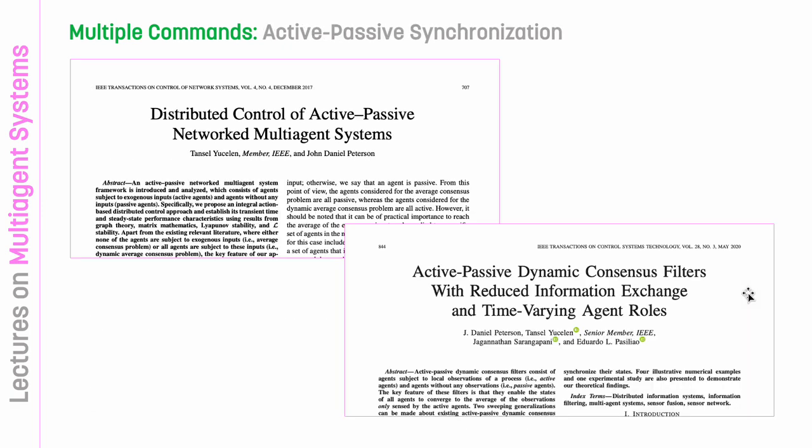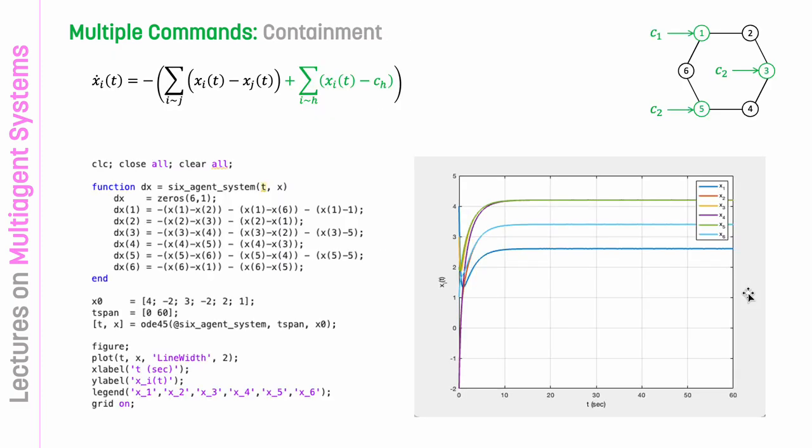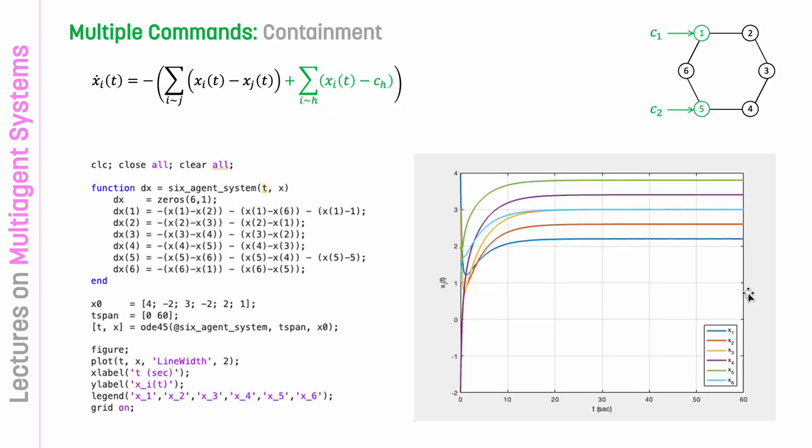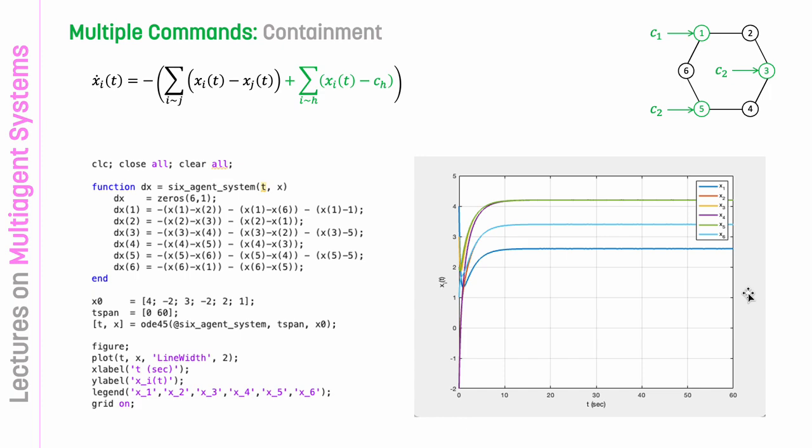Now, I would like to point out an important work, so-called active-passive synchronization. This type of containment behavior when you have multiple agents is nice. And I already mentioned it has some applications to formation control and sheep herding problems. But